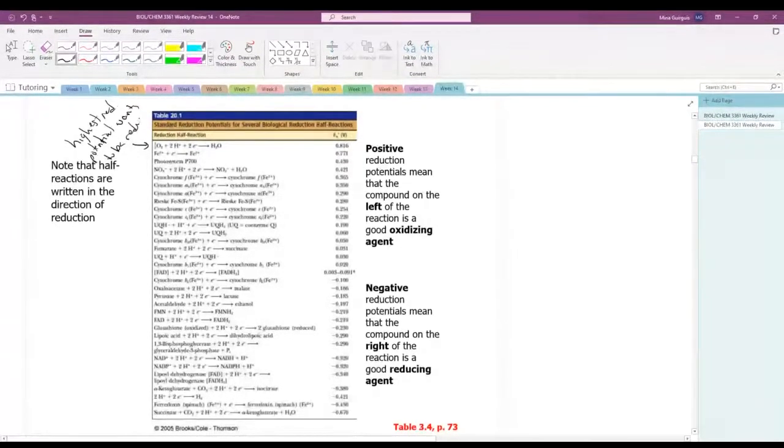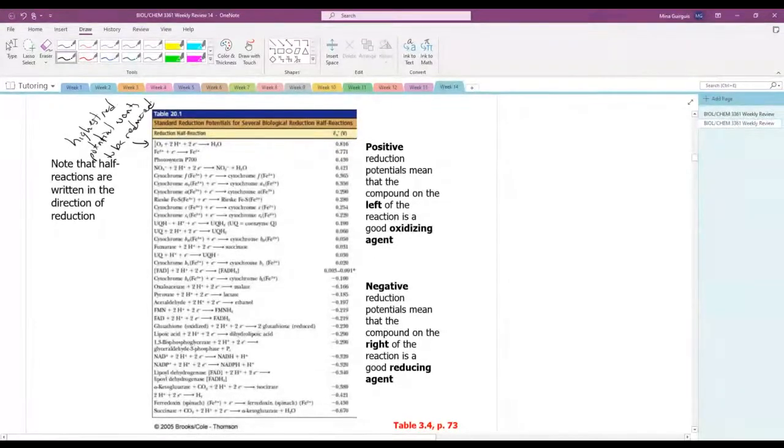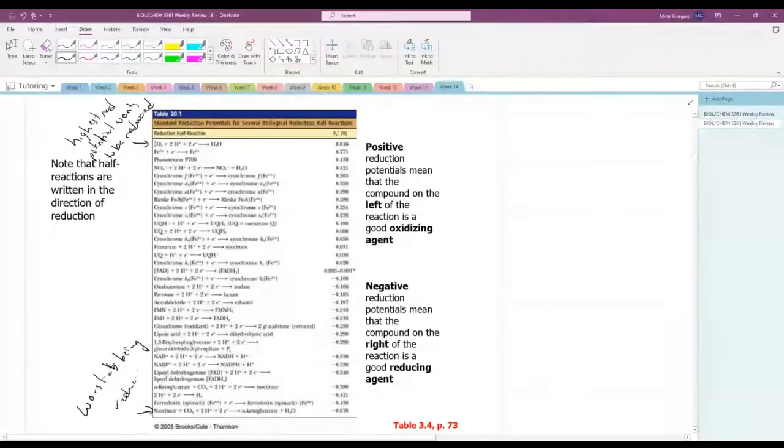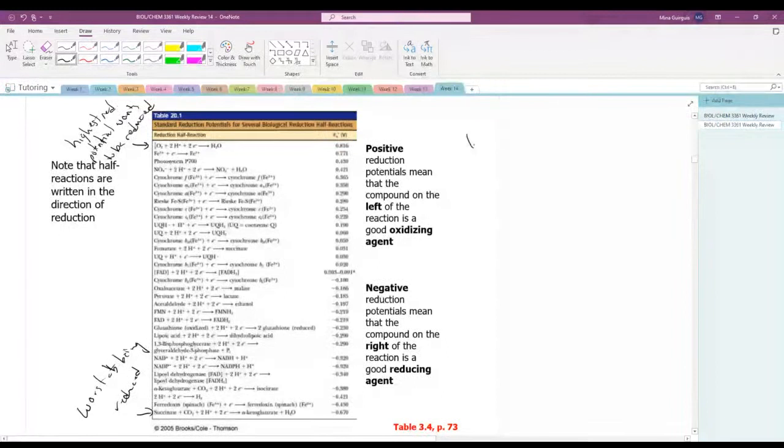If this table were every element, every ion, everything that could possibly be oxidized or reduced, this thing could never be reduced. Or I'm sorry, it could never be oxidized. Obviously it can be oxidized, but if, right? And then down here, the lowest reduction potential is the worst at being reduced. Okay, so put together,